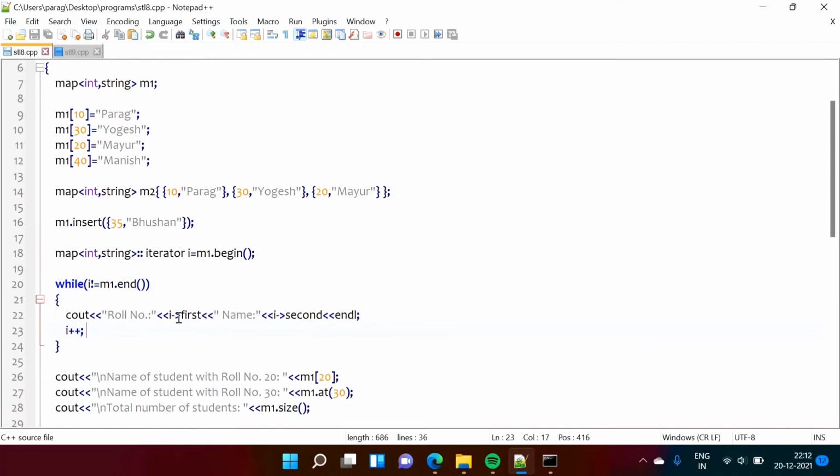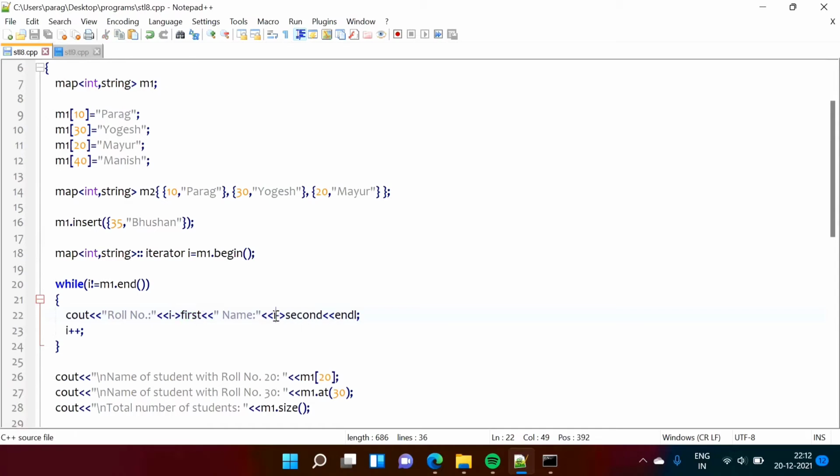Then here, see, this is important. There are two things, right? Key value, key value, key value. The key is returned by this first. So see, I is what? I is an iterator object. Then this operator we are using, arrow, and by this operator, when we mention first, it returns the key.